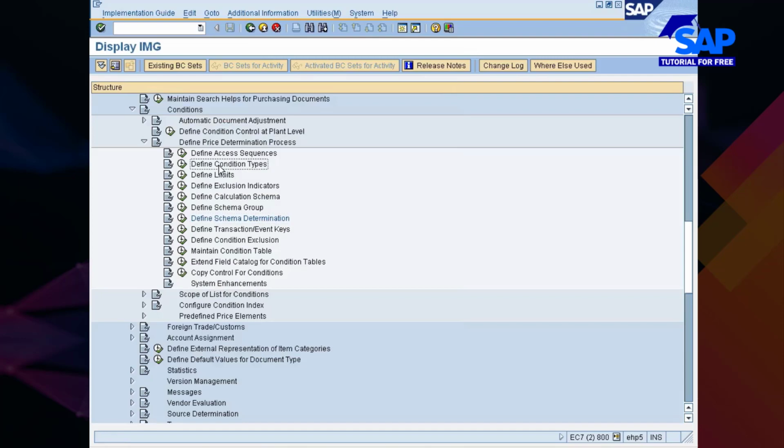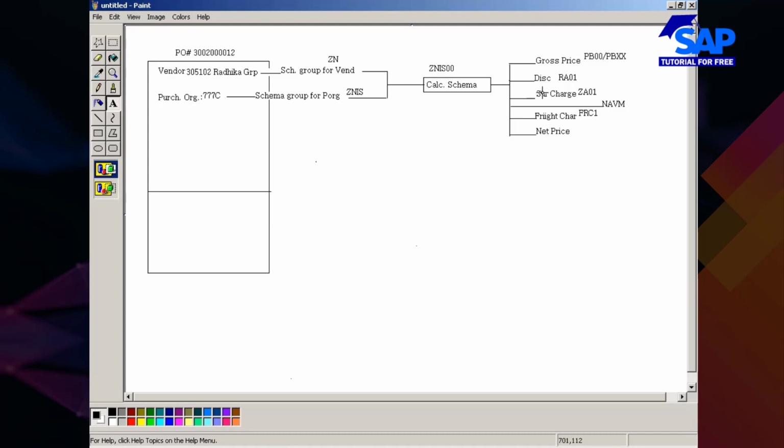Okay, this gross price, discount, surcharge, non-deductible tax, freight charges, etc. You are naming them as condition types, right? So condition types are of two types. One is time dependent condition type, second one is time independent condition type.